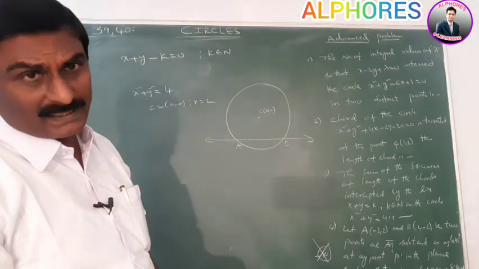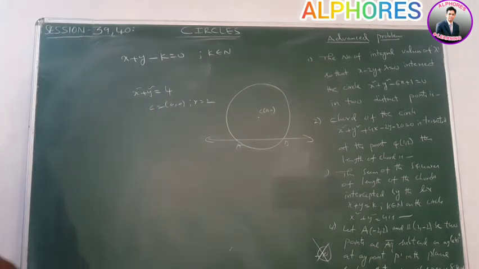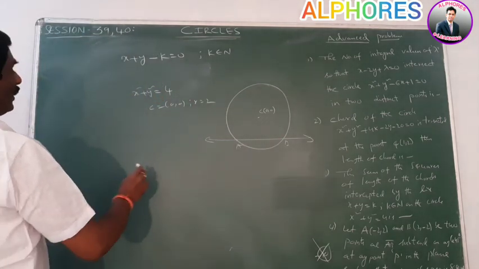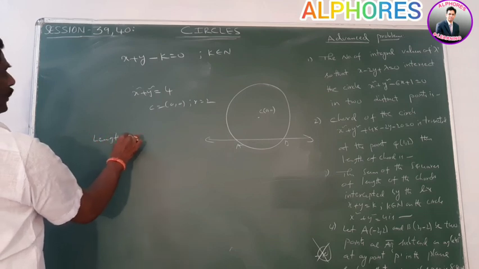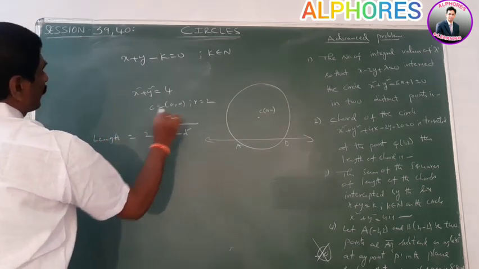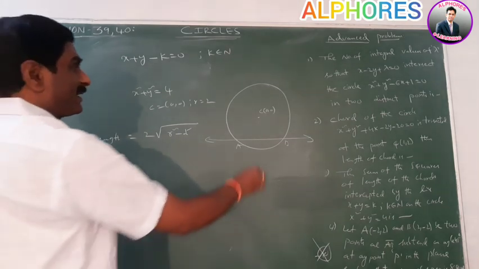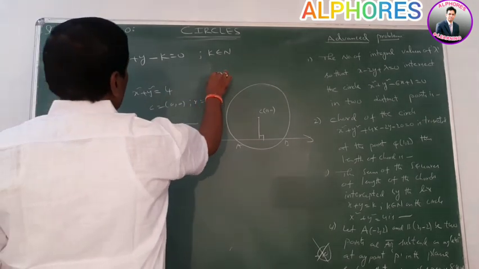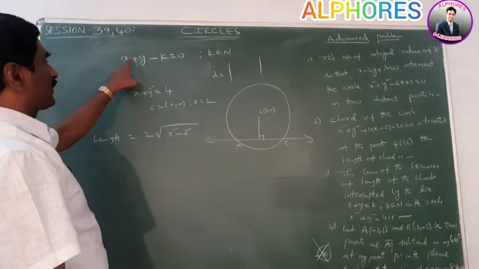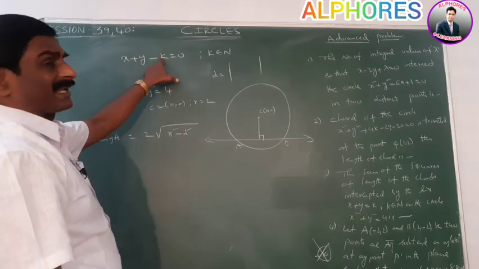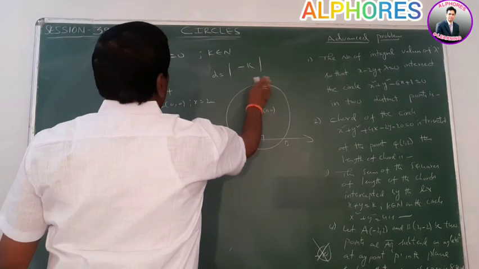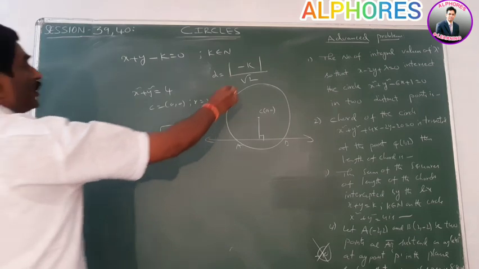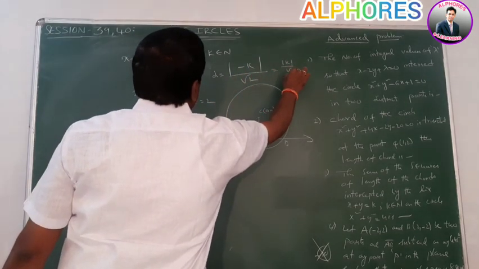Now we find the possible cases. Now the possible length of the chord AB of this circle. Here the center of the circle is 0, 0. We know that the length of the chord AB is equal to 2 root r square minus d square. What is the value of d? D is nothing but the perpendicular distance from the center to this line. D is equal to mod ax1 plus by1 plus c, that means 0 plus 0 minus k, mod minus k by root over a square plus b square, which is root 2. Mod x is equal to mod minus x. That means this value is equal to mod k by root 2.